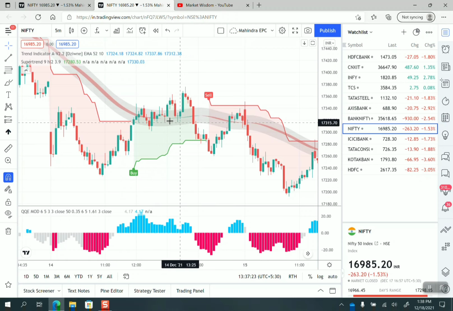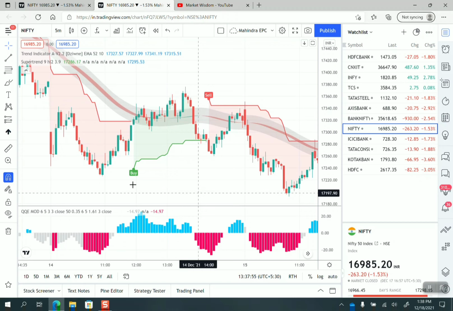But as soon as we can see the trend indicator turned green over here, a faint green line we are seeing, right here, if someone has initiated a trade, what will be the stop loss? The stop loss will be the faint downside, which is 17,311. In that case it did not hit our stop loss, and it has given this much of a bounce, which is 17,367. So again we got 50 points of move in this case. So this is how it works.